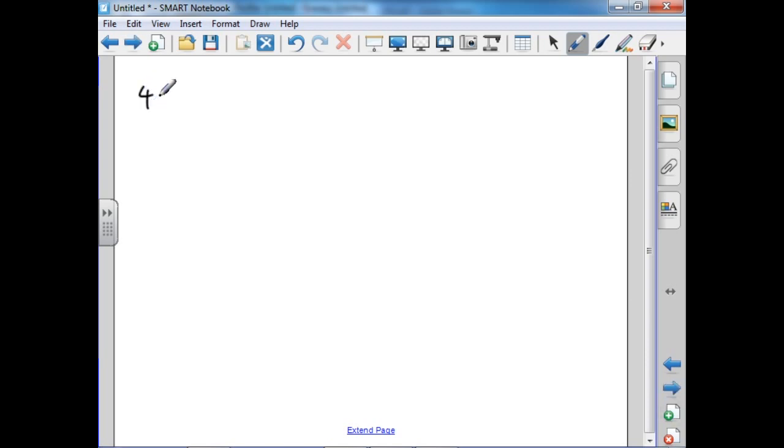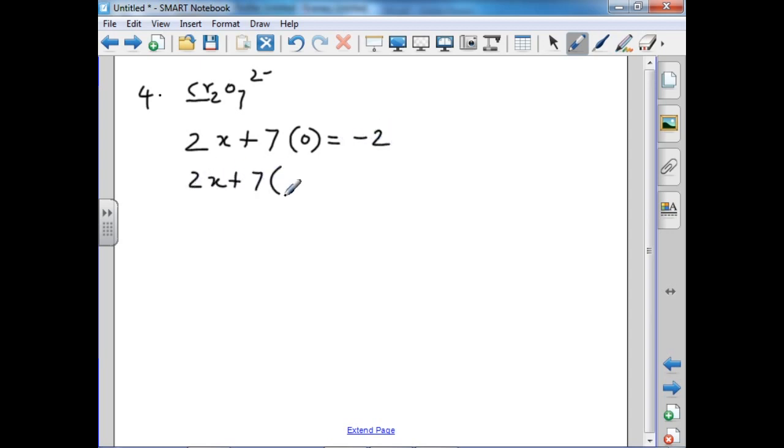The fourth one, dichromate ion. So there is a charge on the dichromate ion. Now we are going to calculate the oxidation number of chromium in the ion. So chromium as X, that is the 2 atoms. So 2 into X plus that is the 7 atoms of oxygen. That is the charge on the molecule, so -2. So 2X plus what is the oxidation number of oxygen? -2, equal to -2.